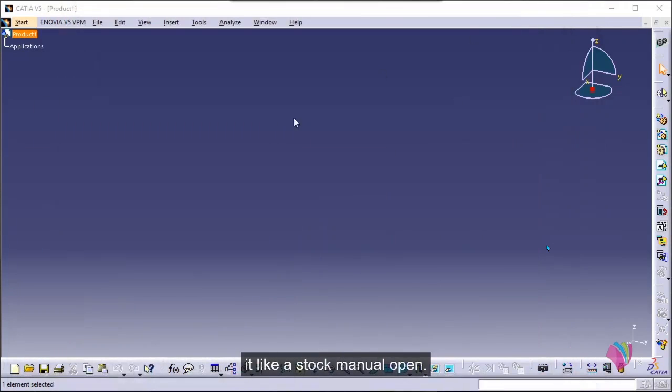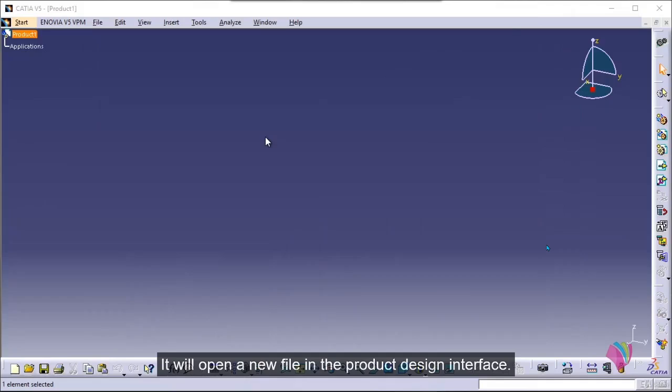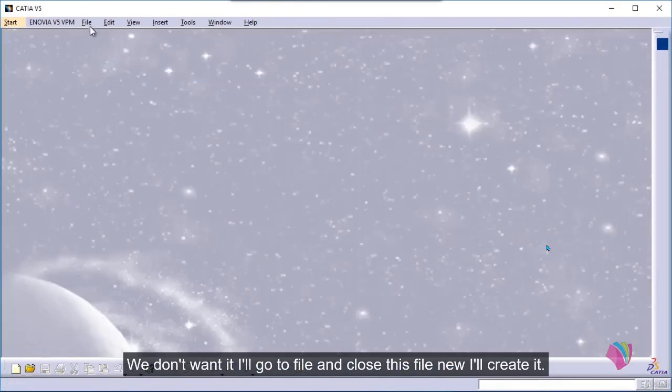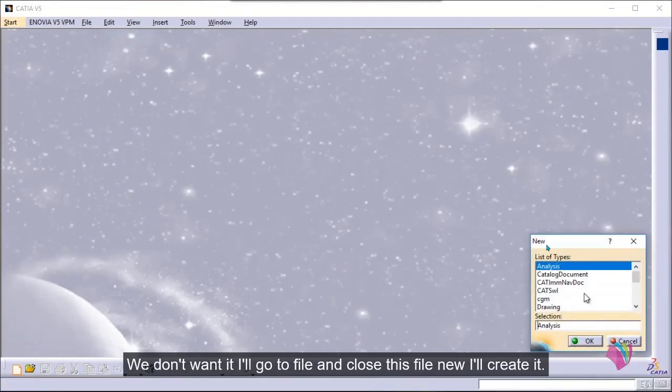Let us start. When you open CATIA, it will open a new file in the product design interface. We don't want it. I'll go to file and close this. File, new. I'll create a part.